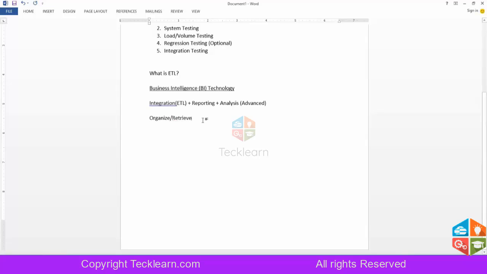Having these two primary goals, organize and retrieve, we have evolved to a technology called business intelligence. Okay, so what do we organize? In any typical organization, the data which they collect as part of their day-to-day activities, transactions, would be gathered at multiple locations in multiple forms. Agree? So the data can be collected as basic as Excel sheets or text files to as advanced as an ERP system.